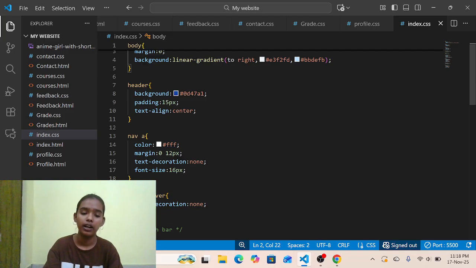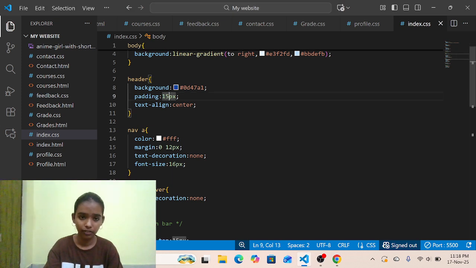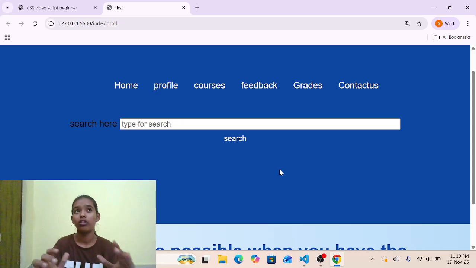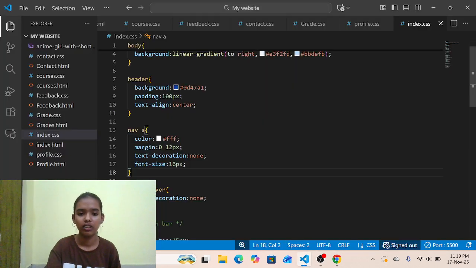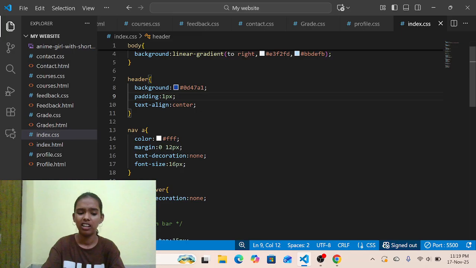When I give padding, you can see this is the page and this is the header. If I change it to 100, what happens? The box space increases and it looks useless. So maybe we take only 10.